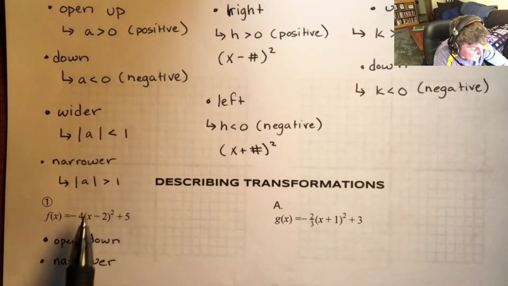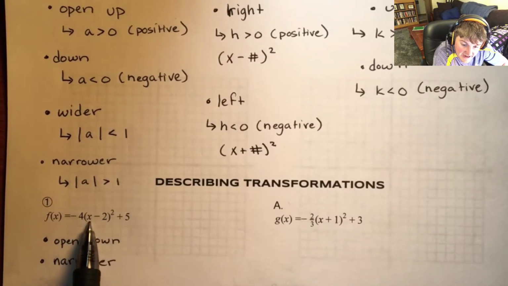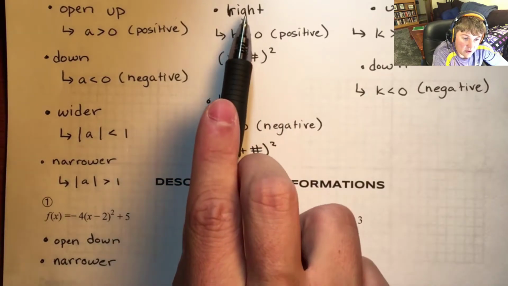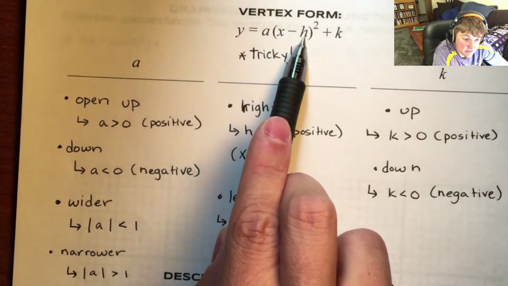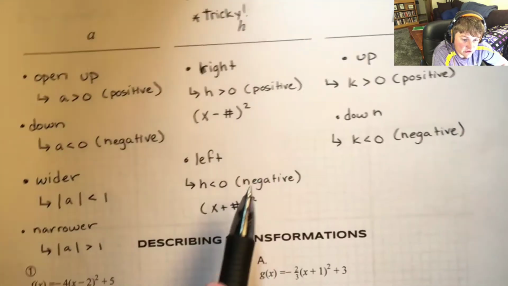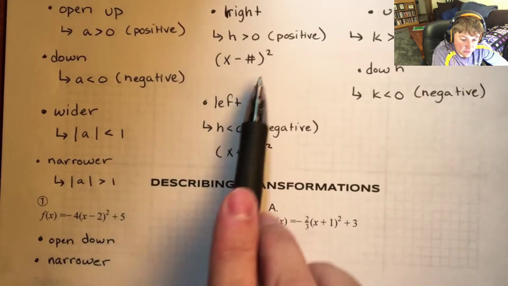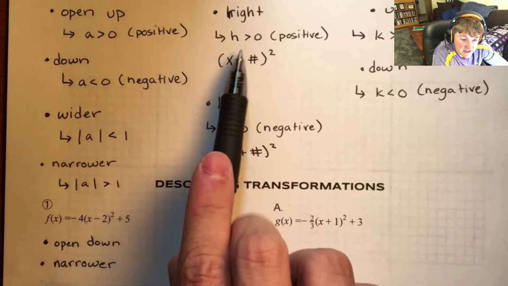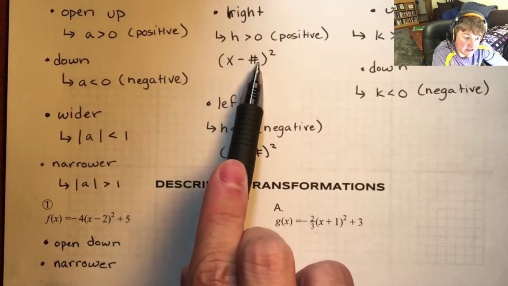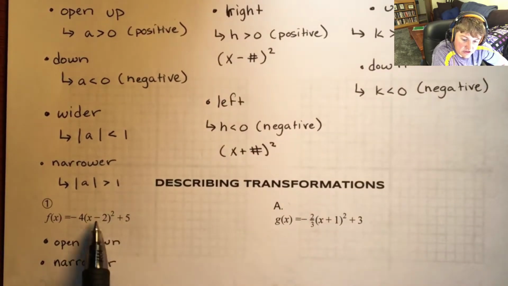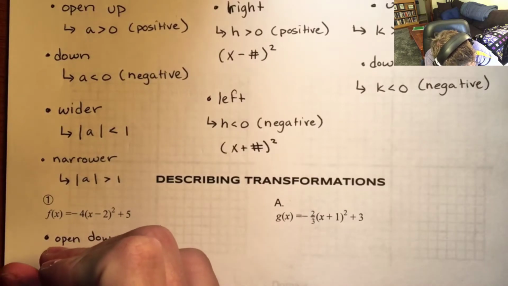Okay. What about x minus 2? So when x minus 2, my h value is positive, right? When my h value is positive, I'm going to plug it in. It's going to say x minus 2 when h is positive 2. Again, this is a little bit confusing, right? Because, like I said, when h is positive, it's going to show up in your function as x minus your number. Okay, so this means this is going to move it to the right